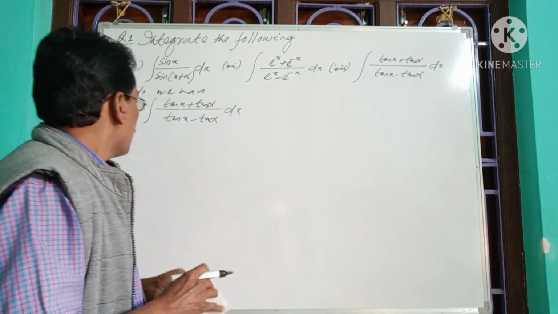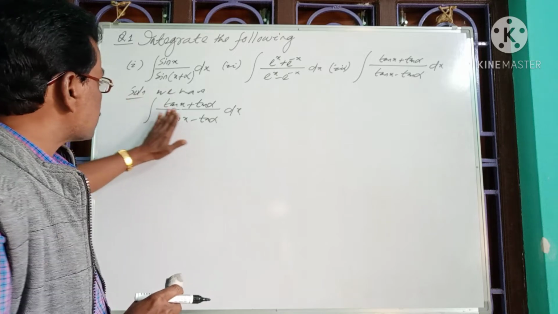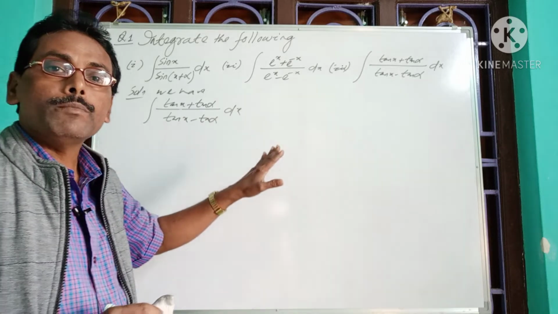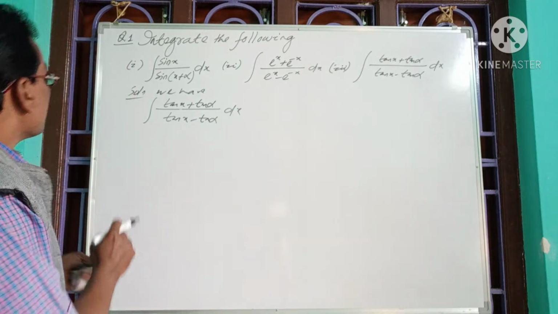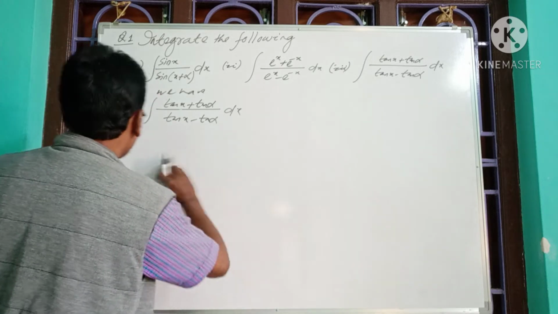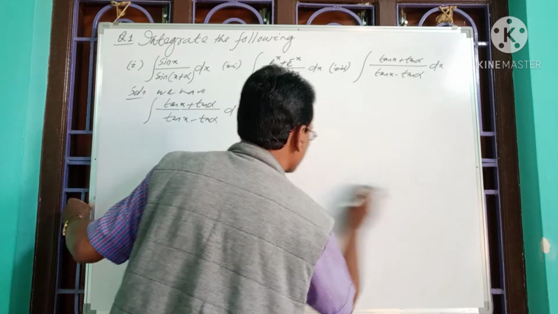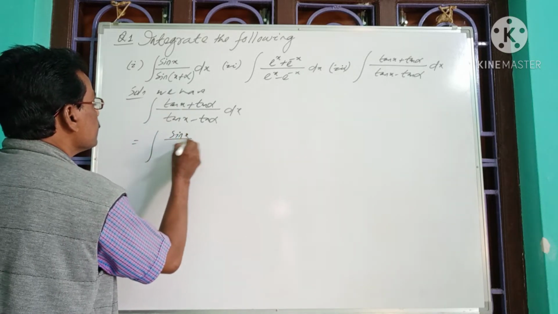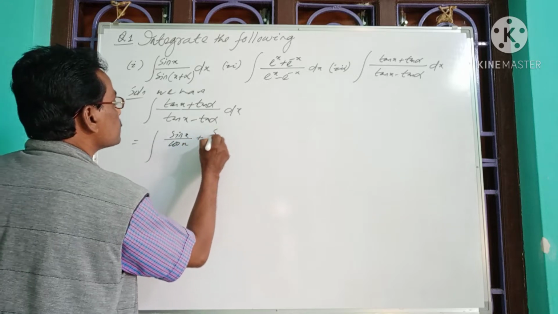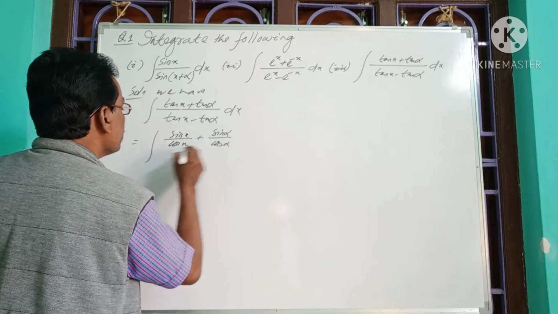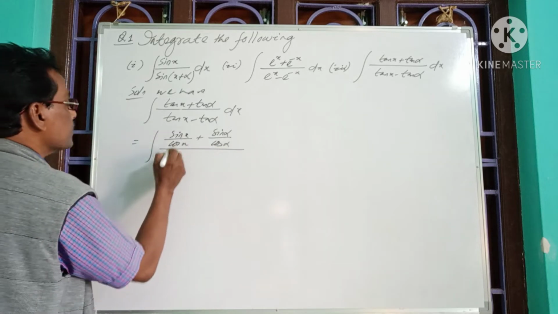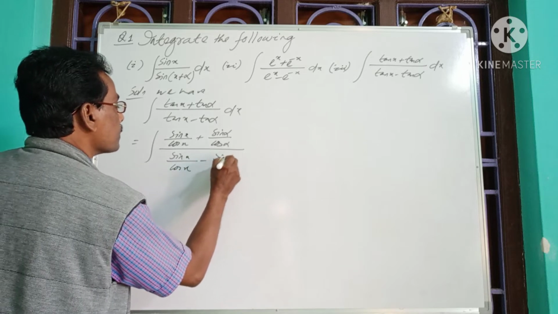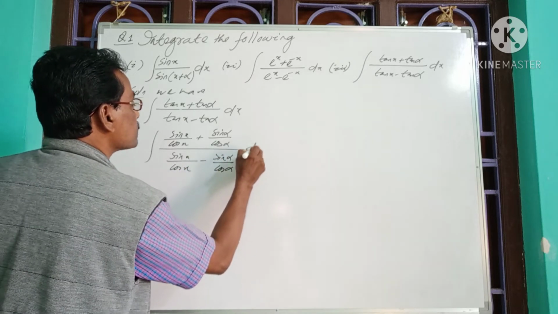Now see, the given integrand is not in standard form for integration, so we have to transform it into formula form so that the integration will be much easier for us. So now let us try to simplify the given integrand into a simpler form. You know tan x is sin x by cos x, plus tan alpha is sin alpha by cos alpha. Again, breaking the denominator, we have tan x, that is sin x by cos x, minus sin alpha by cos alpha, integration with respect to x.